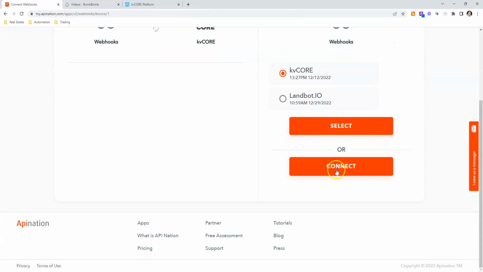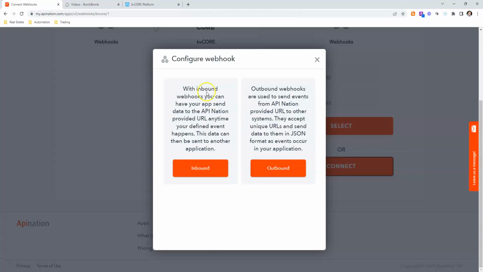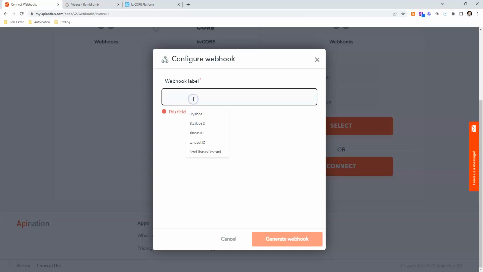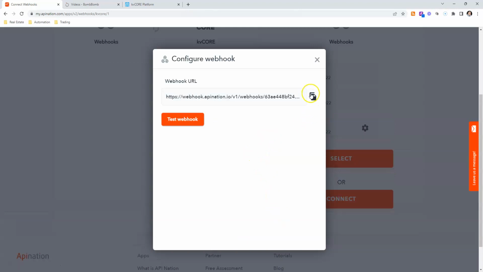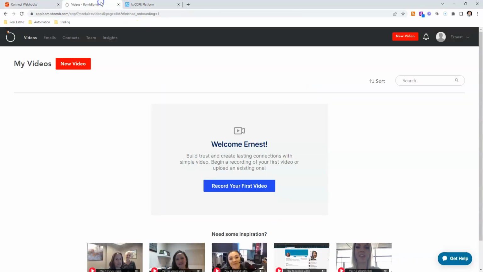Next, we're going to connect a new webhook, and this is going to be labeled inbound. Inbound is basically going to be able to accept or retrieve the data from BombBomb. So we're going to label this BombBomb, and generate a webhook. Now I'm going to copy this URL that they've provided and head into my